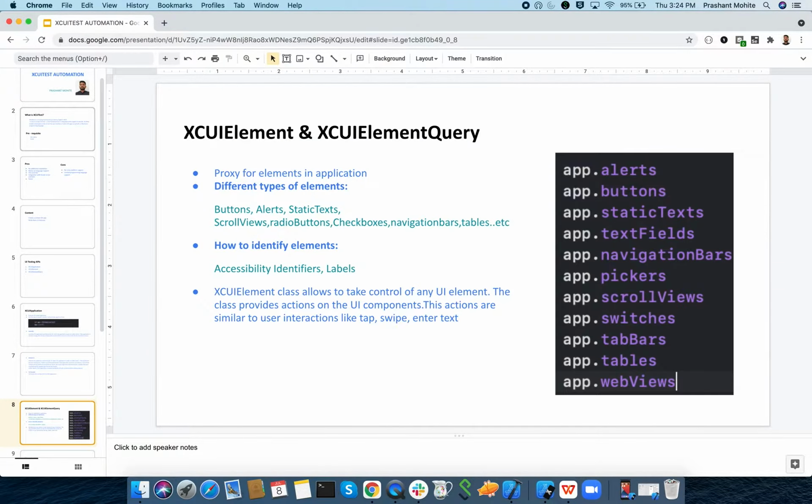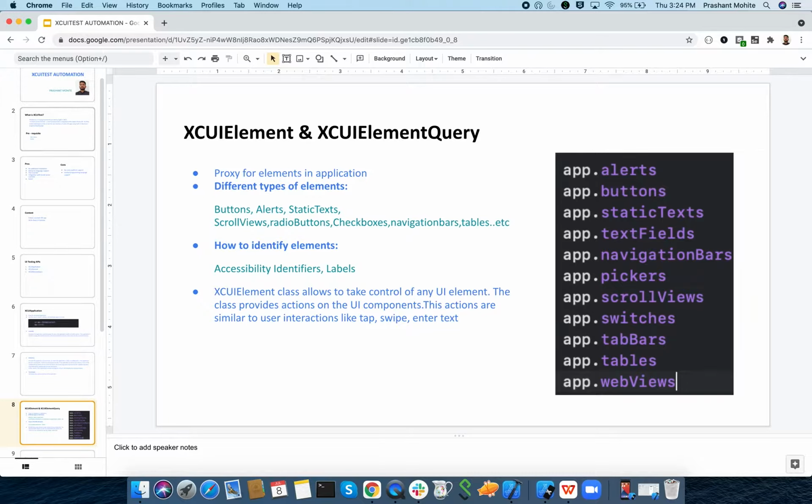So now in this video, we are going to learn about the XUI element, XUI element queries, and also the assertions. We all know that UI elements are very important, and XUI element is a proxy for elements in the application.